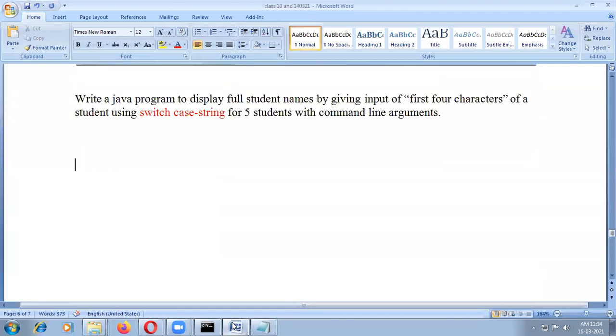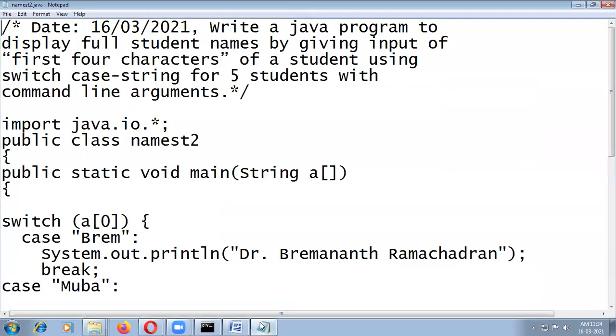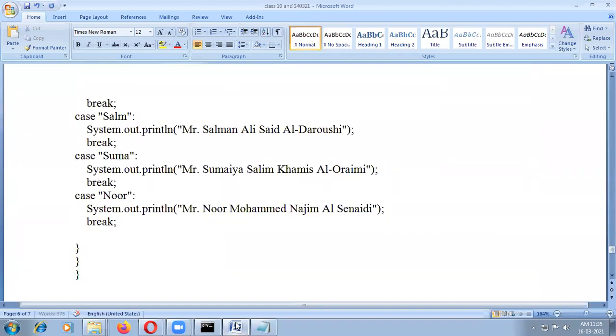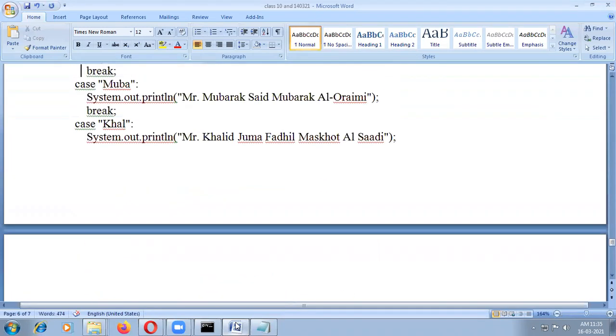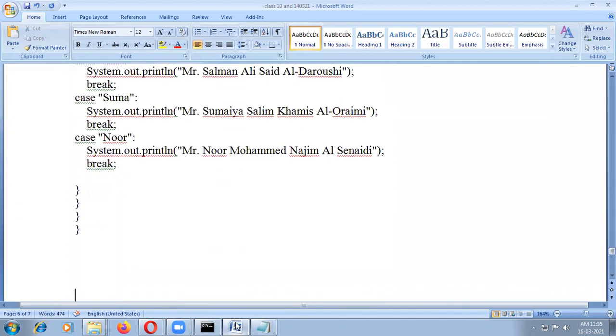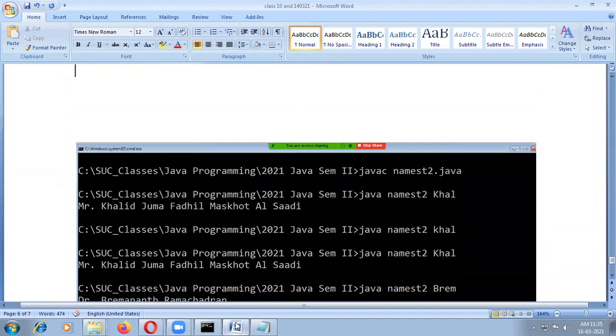First we need a program, the Java program. Where is our Java program? This is our Java program. Ctrl A, Ctrl C. You can copy it into the Word file for our documentation. This documentation is more important. Then this is the result.